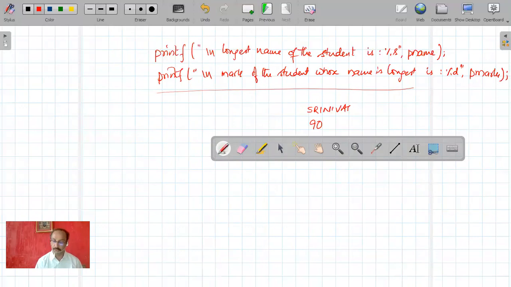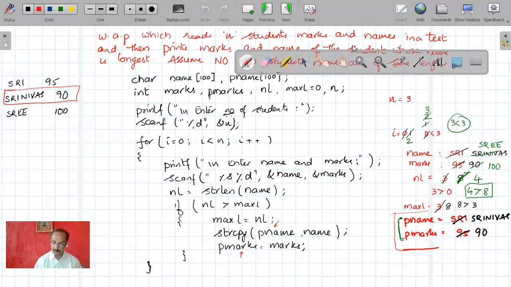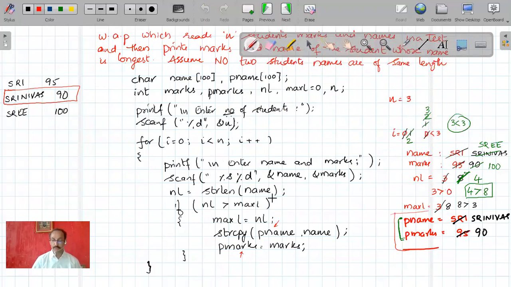So that is how you can write the program by checking whether the name of the student is longest or not. But to find out the longest name, we need to find out the length of the name. For that we have used strlen. In order to use the string length function, we are supposed to include string.h along with stdio.h.